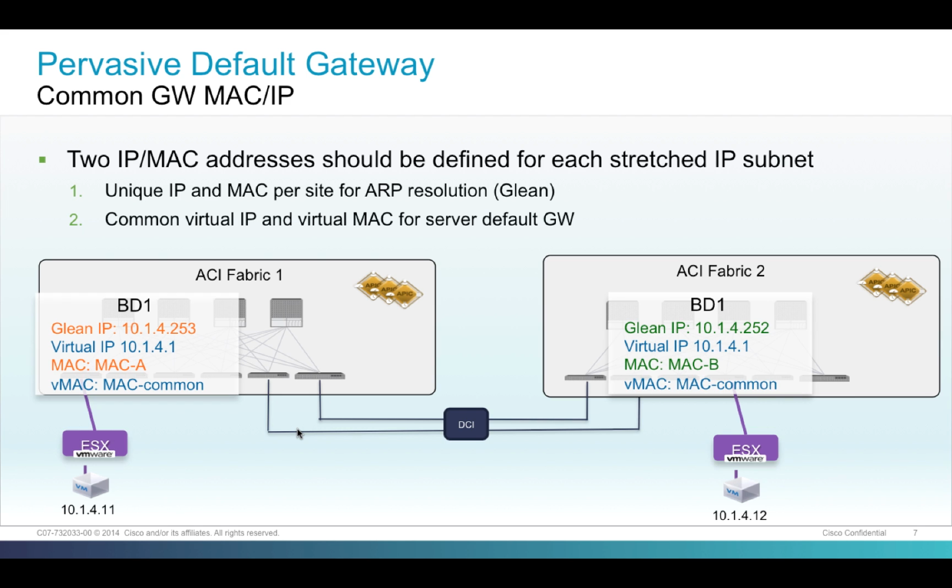What this allows us to do is it allows the virtual machines to vMotion between the data centers without having to re-ARP for its default gateway, because the MAC address of the default gateways are going to be exactly the same in both data centers. Once again, let me just very quickly show you how it's done and where it's configured